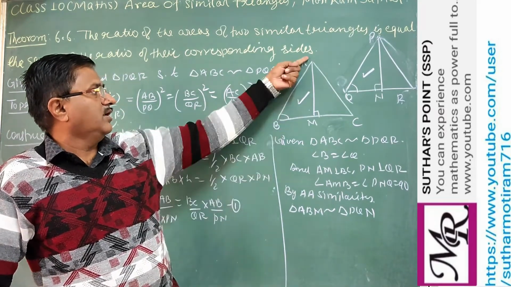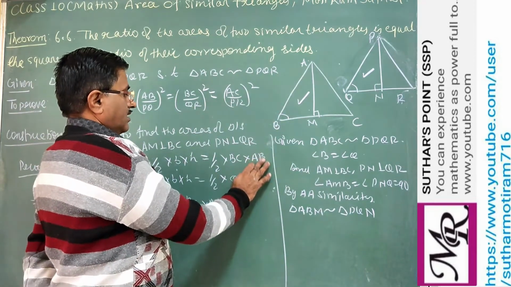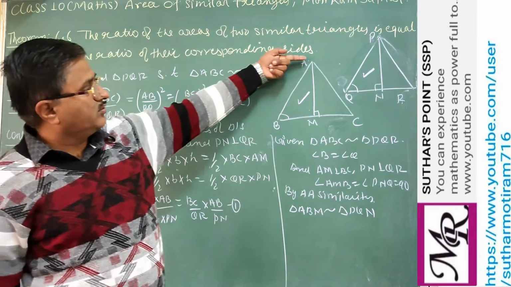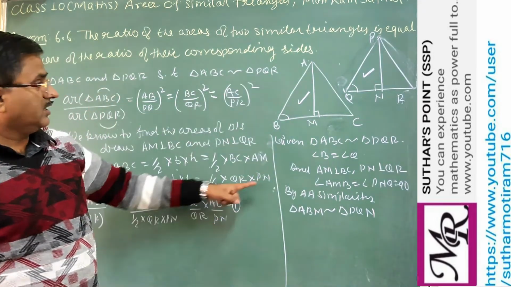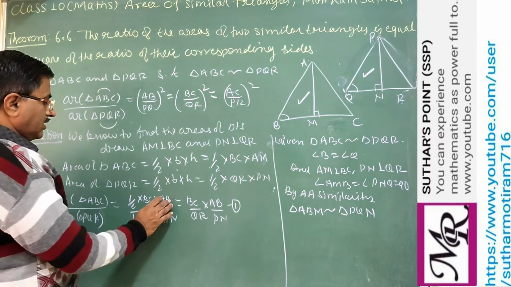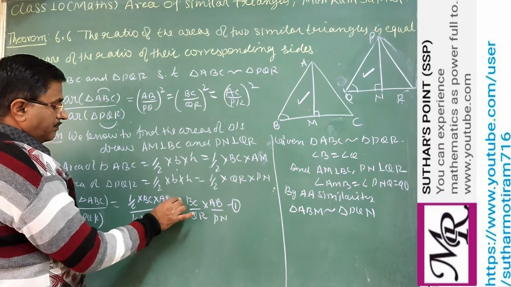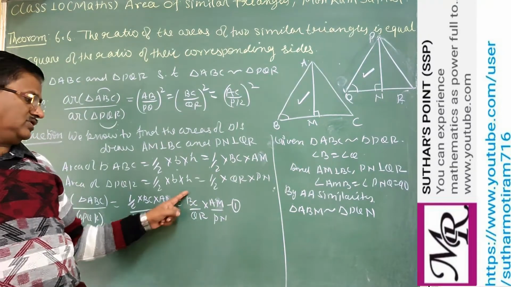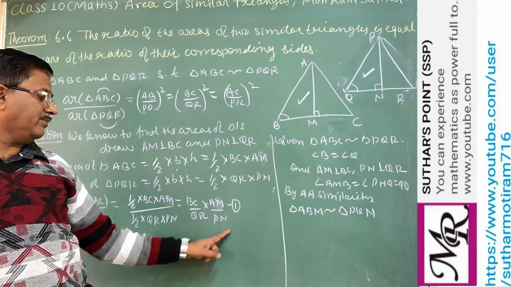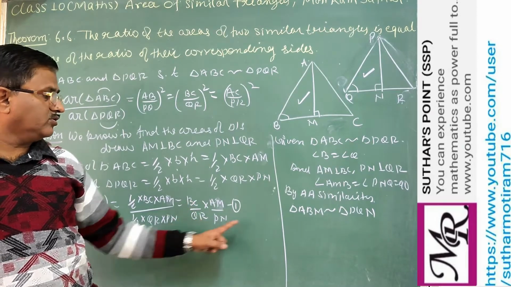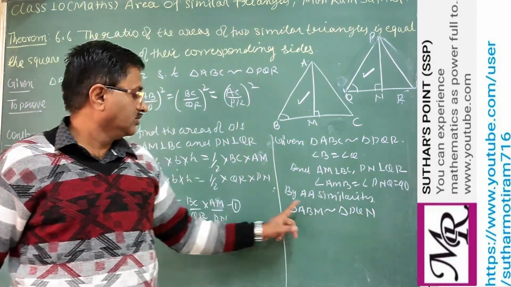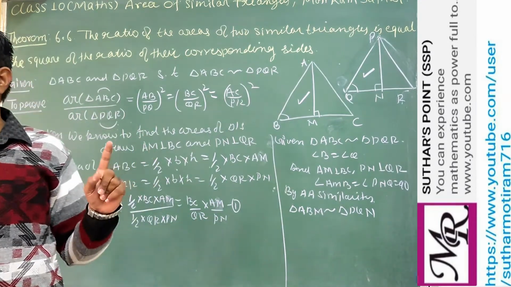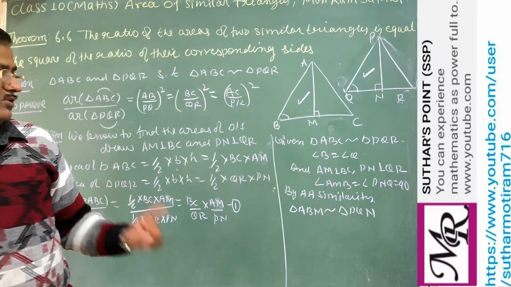This is not AB. Altitude is AM. By mistake we have written AB. This is AM, altitude is AM. Here the altitude is PN, so here again you can correct this to AM. Right? So either you get BC upon QR or you take AM upon PN. BC and QR are not in this triangle. So if we need AM upon PN, we are trying to establish the relationship between the sides.